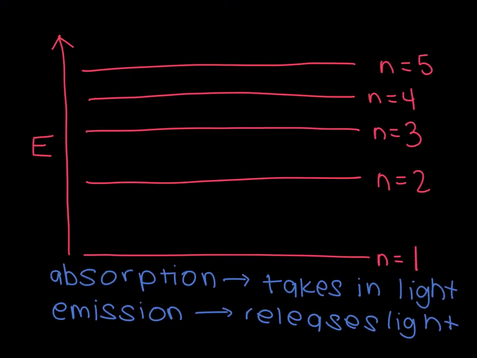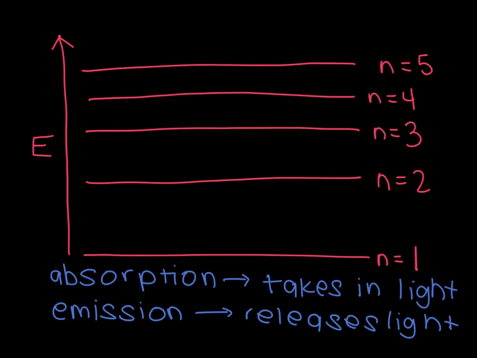We already talked about what happens when an electron absorbs light. Now we need to talk about what happens when an electron emits light. When an electron absorbs light, it can't hold on to that energy forever, which is why it is emitted in the form of the visible spectrum. When light is emitted, an electron loses energy and thus moves down in energy and consequently moves to a lower